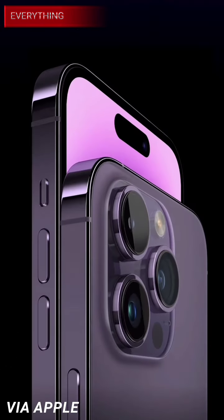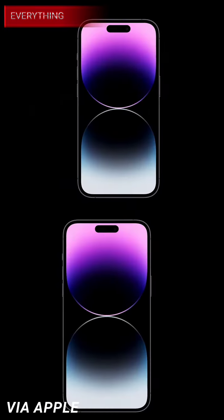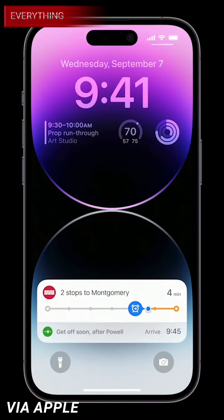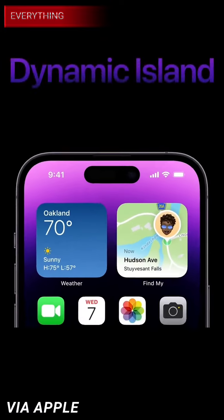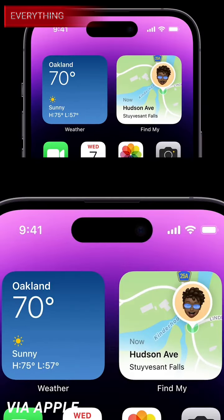Okay, but now it's time to move on to the Pro models, which, unlike the standard ones, actually got a pretty significant upgrade. For one, the iPhone 14 Pro and the 14 Pro Max look different, at least from the front, with thinner borders around the screen and this new cutout area instead of using a notch. Apple is calling this area the dynamic island, since instead of just being a black blob that's in the way,